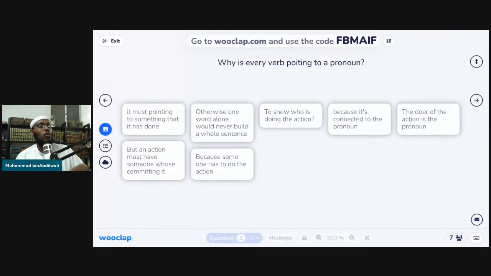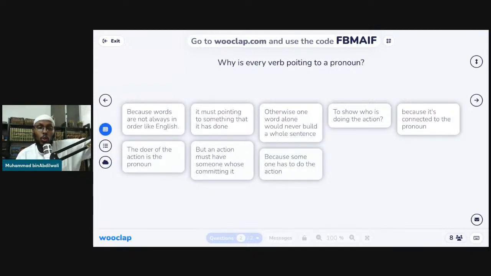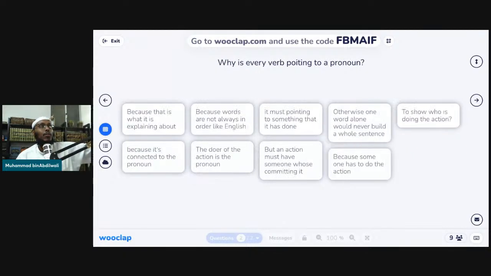The only exception to that rule is if the verb actually comes before an explicitly mentioned doer. Like I actually mentioned Saeed, or Fatima, or the students, saying that they did the verb, and I said the verb first and then I said these, then the verb is not going to point at the pronoun. That's the only exception to the rule. Otherwise, if the noun has been mentioned before the verb, then that verb has to point back to that noun by using a pronoun.